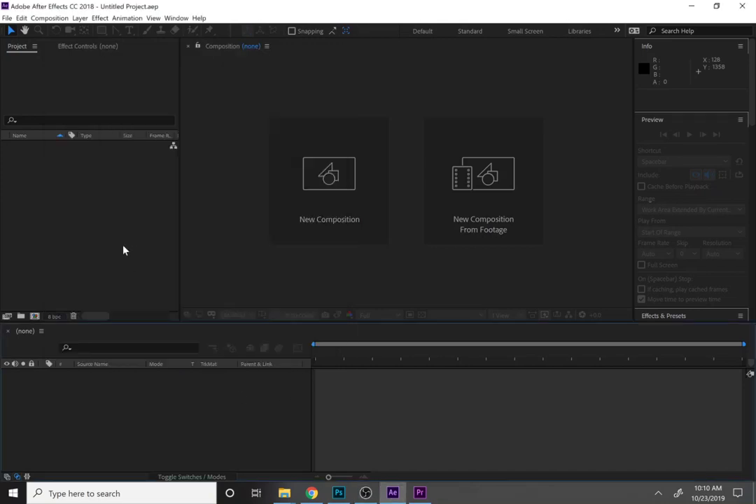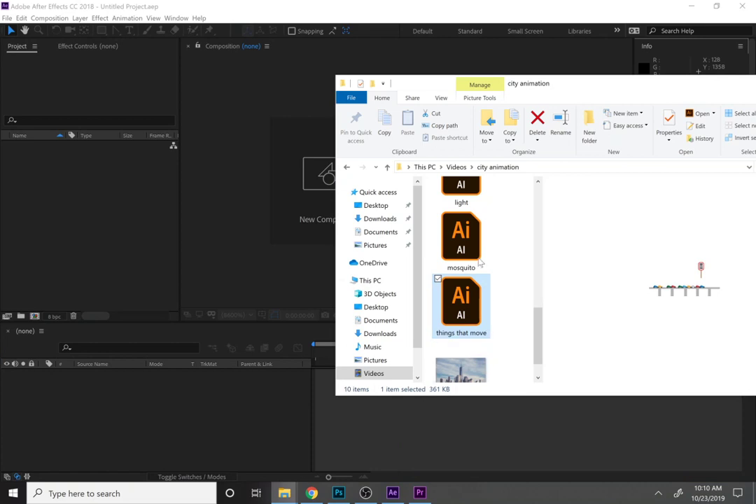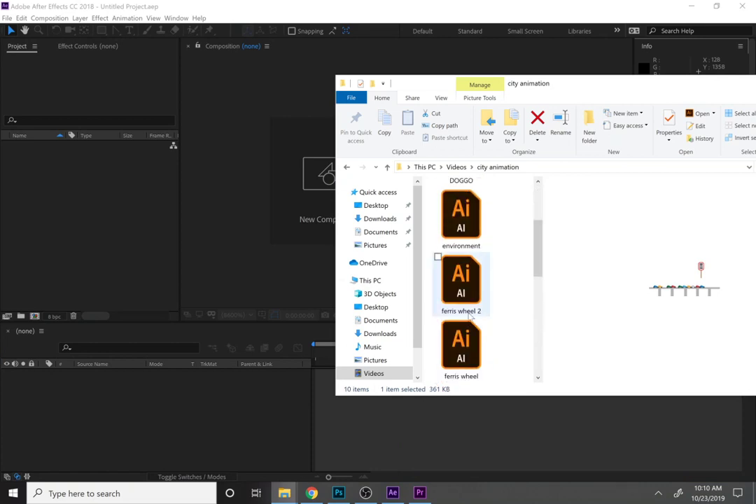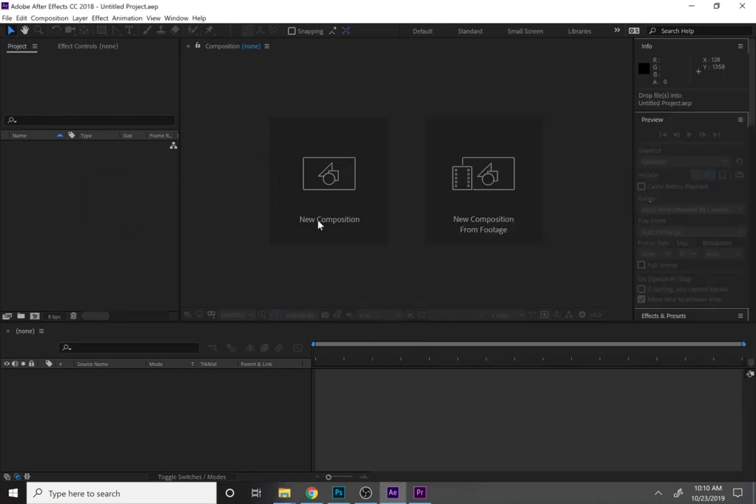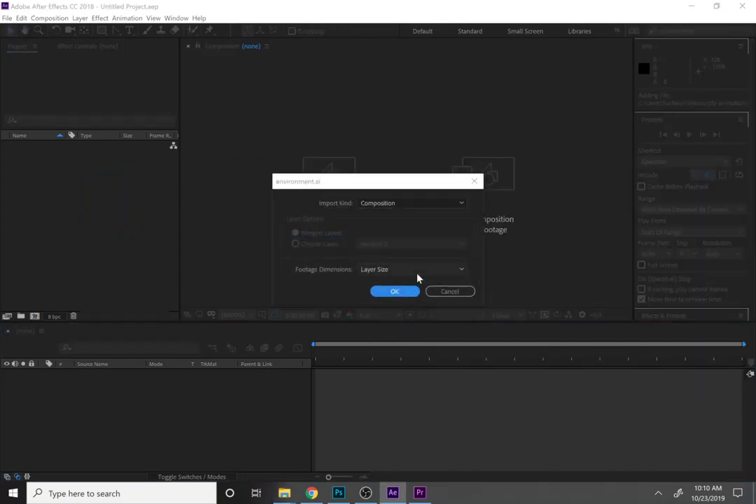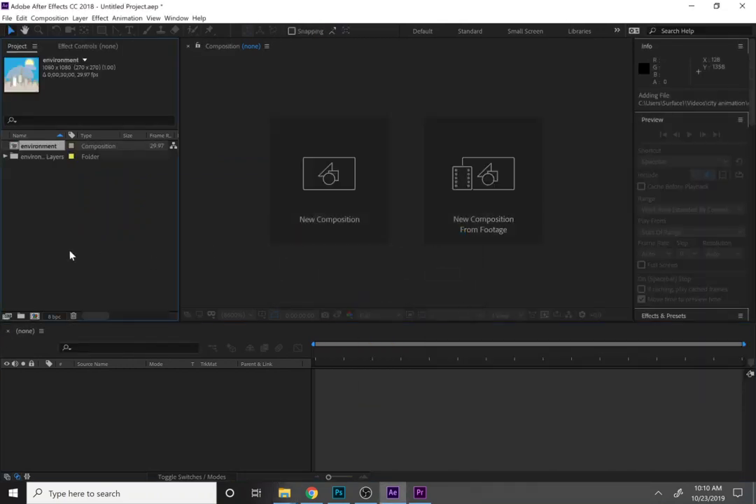Okay guys, so we're going to start by importing in our environment first. So find the file that has your city in it. So this one's called environment for me, whatever you save it as, just drag it on in. And we're going to make sure that this is all set to be the document size,